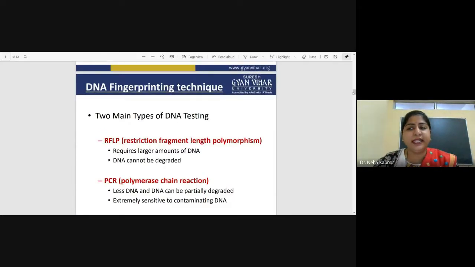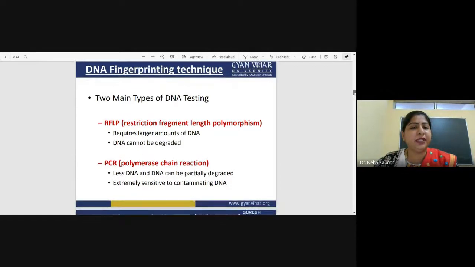Now, what is the technique actually? DNA fingerprinting technique. There are two main types of DNA testing. One is RFLP, that is restriction fragment length polymorphism, and another is polymerase chain reaction. If you talk about